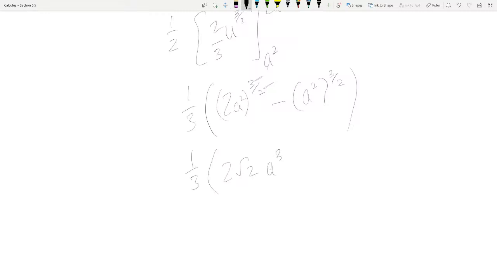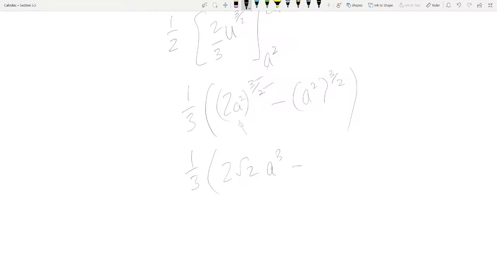And this is where we use that a is greater than 0, because when we take the square root of a squared, let's say a squared was 4, we wouldn't know if that came from -2 times -2 or 2 times 2. So when we're taking the square root, we know which one it is. All right,